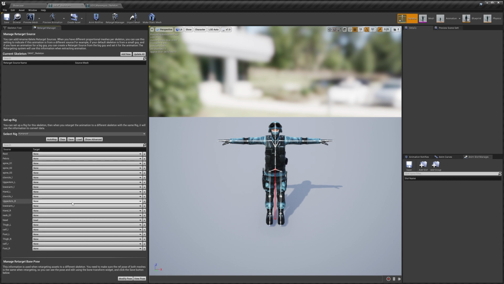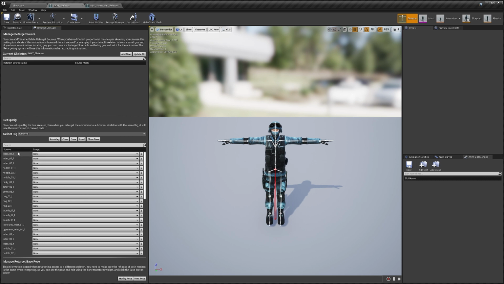But if you're using a custom skeleton, you will need to go through and basically pick the bone that's closest on your character to the bone over on the source here. So that will be down to you. It will be specific to your character, so you'll have to go through that. I'm going to quickly pause the video while I fill these out because it's a bit long-winded, so I'll be back in a moment. So once we've filled that out, we need to then click Show Advanced, and we have